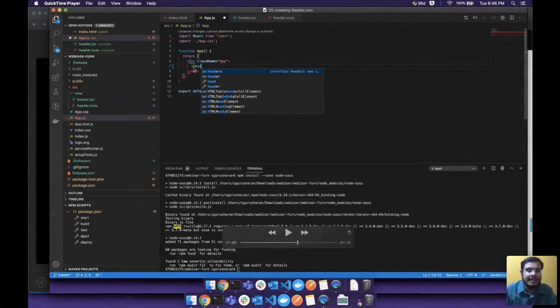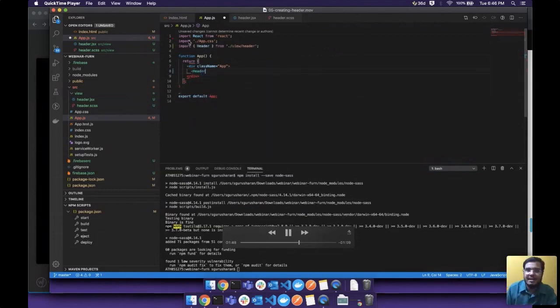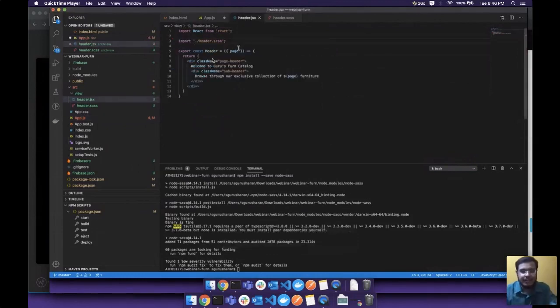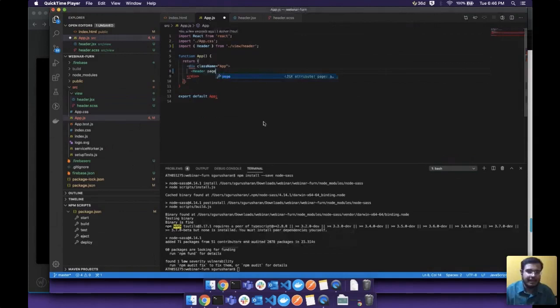So here I'm inserting my component. So my component name was header. So when I type header, it gives me a hint. And when I make use of the hint, it also adds the import statement. Again, advantage of using an IDE, right? And if you see here, I'm using a parameter passed to my header so that the page title, the subheader, will actually be dynamic using that parameter, right? So let's give the parameter like this.